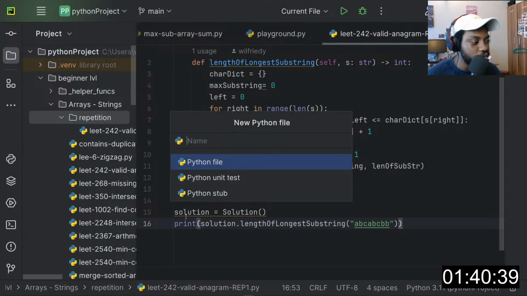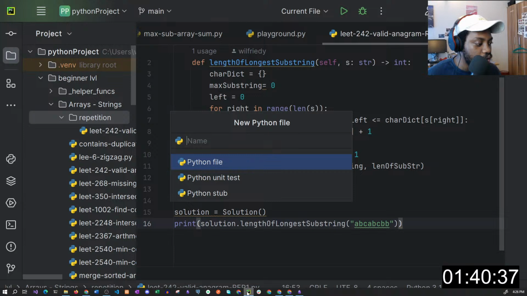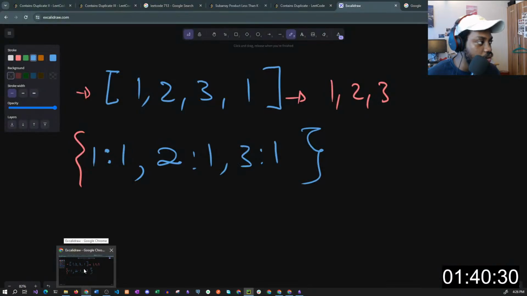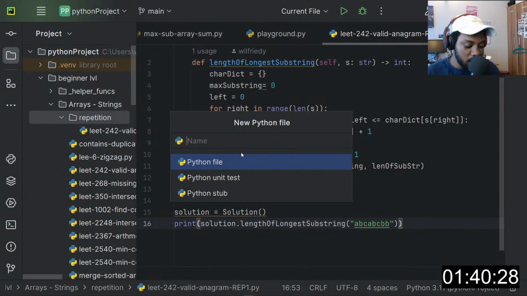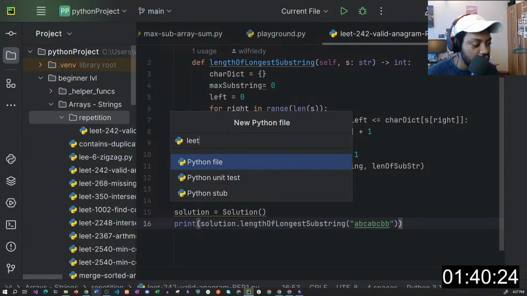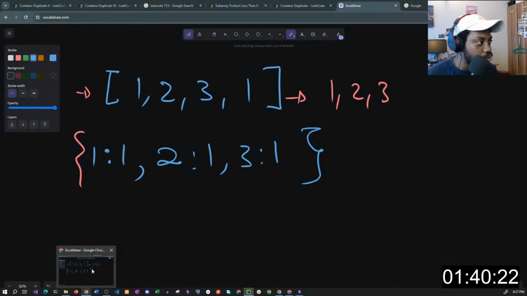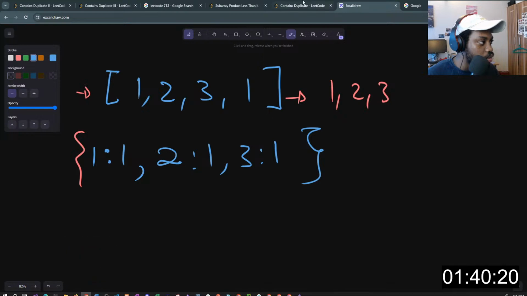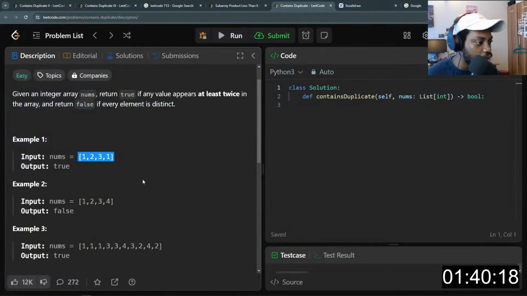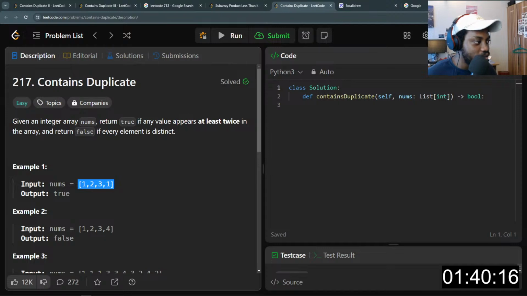Let's create a Python file. This will be contains duplicate 1, right? Contains duplicate 1. Okay, so what number of LeetCode is this? 217.